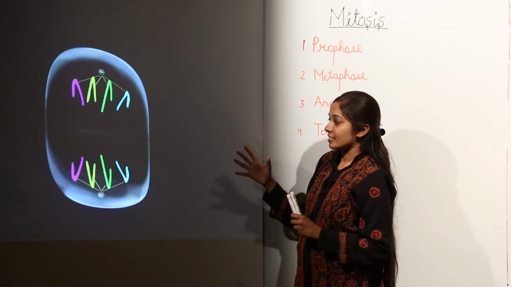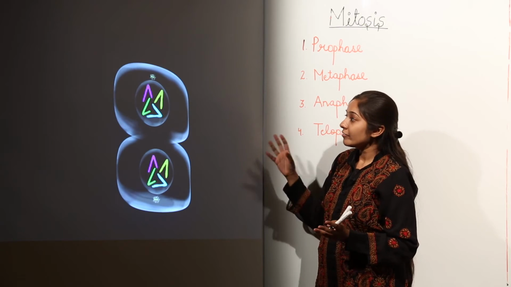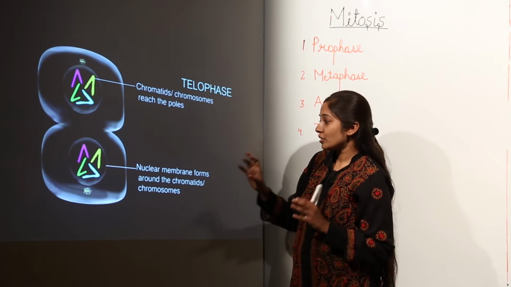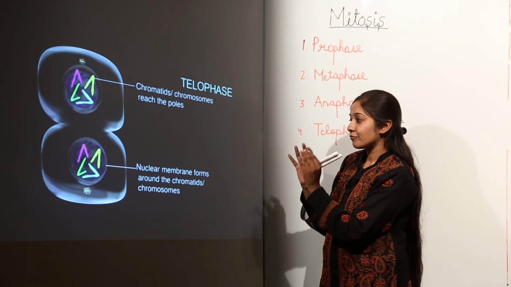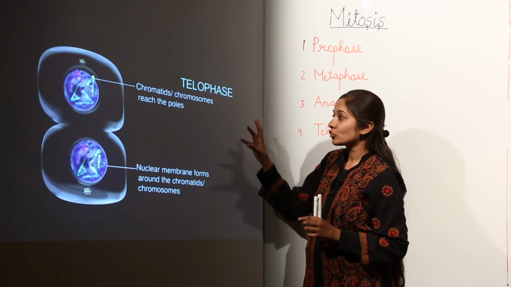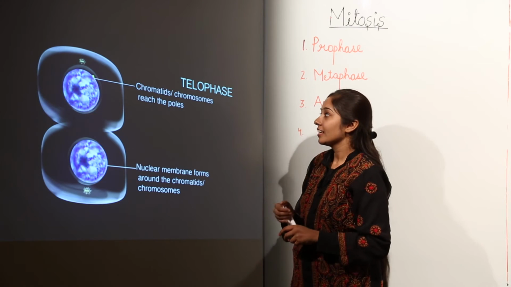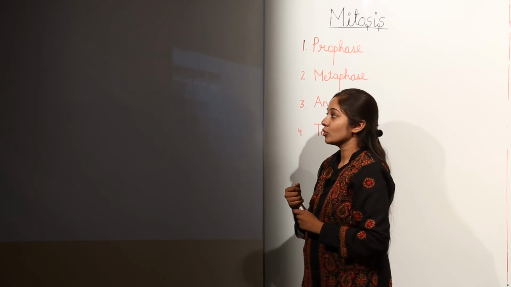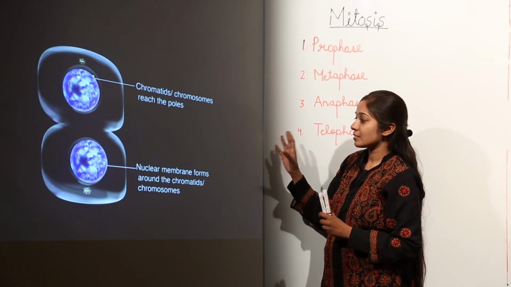And after this, we move on to the next stage of mitosis, that is the telophase stage, in which reverse prophase occurs. These chromatids have reached the poles and the nuclear membrane starts to form. So now we have a proper nucleus because the nuclear membrane has formed again, and then these chromosomes are going to change back to the chromatin material, because whatever happened in the prophase, now this is the reverse prophase. Telophase is reverse prophase.